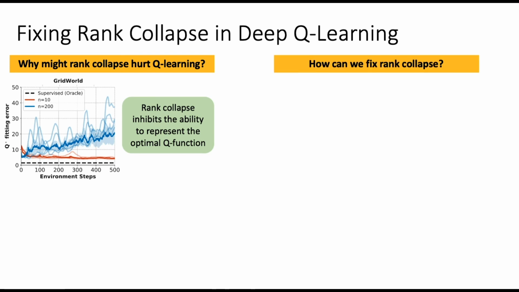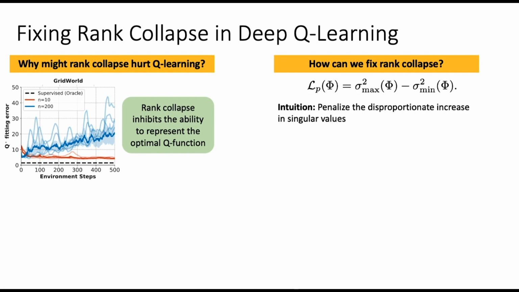Now, to fix the rank collapse issue, we came up with a very simple fix, which essentially amounts to adding an extra regularizer on the singular values to the training objective of the Q function. And what this regularizer does is that it penalizes the maximum singular value of the learned feature matrix phi and pushes up the minimum singular value of the learned feature matrix. So what it's doing here is that it's penalizing the disproportionate increase in singular values, which is the result of